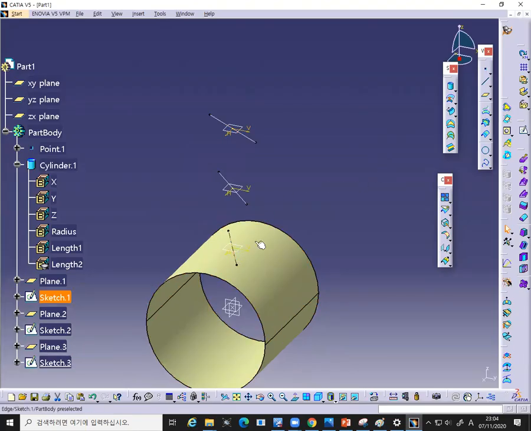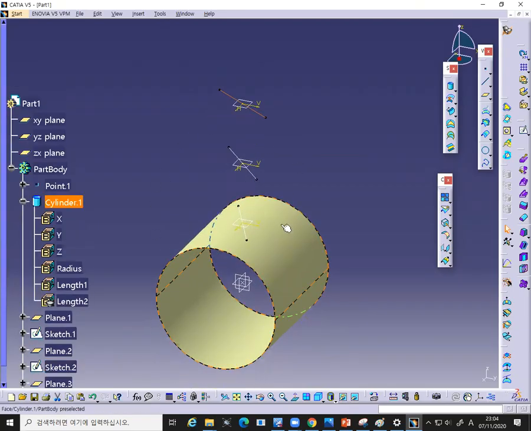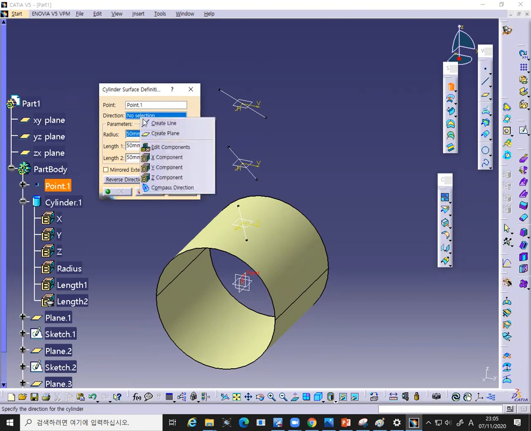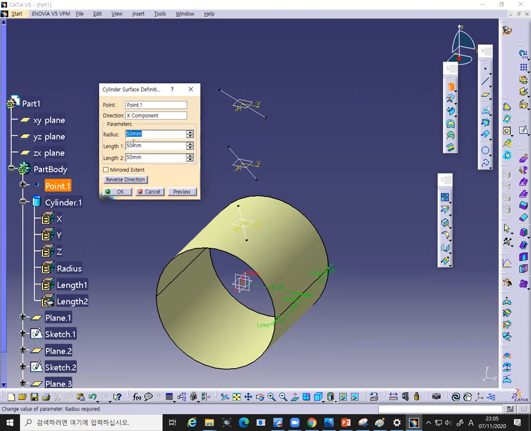I have to project this line to this cylinder, and I have to project this line to another cylinder, right? So the mean radius cylinder, and I have to project this line to the tip radius cylinder. But now only one cylinder is available, right? So that is the hub cylinder, and create the mean radius cylinder. Mean radius is 100, right? So the center point is this one, same, and the direction is the x-axis, same, and lengths are same, but the radius is different. Only the radius is different. Okay, click on OK,